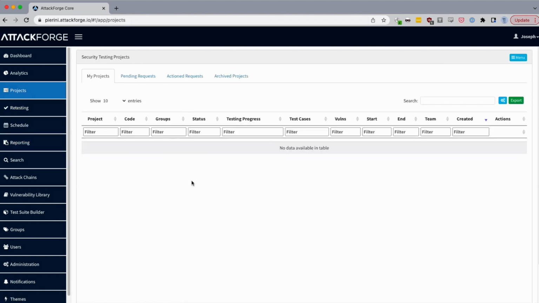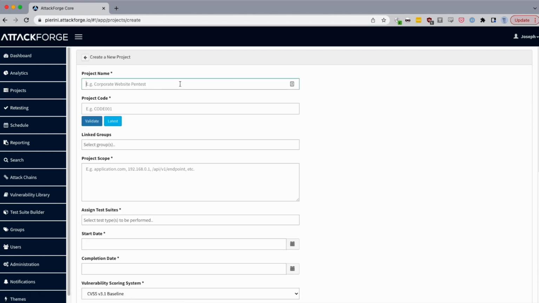So let's go to My Projects, menu. Okay, if I'm a client, I can request a new project, I'm imagining. I can create a new project, and I can clone an existing. Oh, that's useful. All right, so I'm going to create a new project, and we'll call this, I don't know, web app 01, project code.